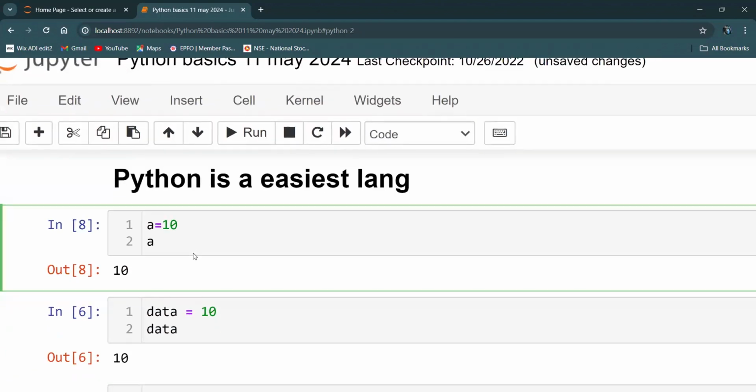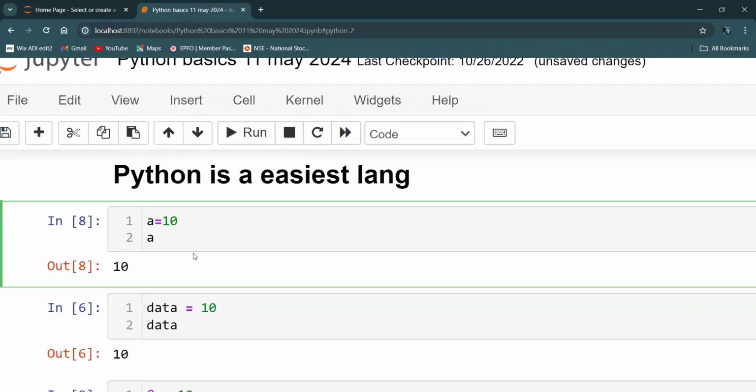Now let us talk about the variables. Variables are nothing but they are also called identifiers. What is this identifier? For example, you take a bag, you have 5 to 6 books. How are you going to carry your books to your college? You store them in a bag. So you need some space to store those books, isn't it?